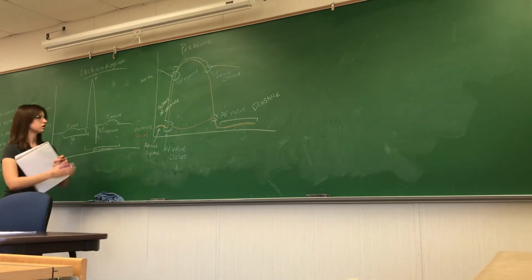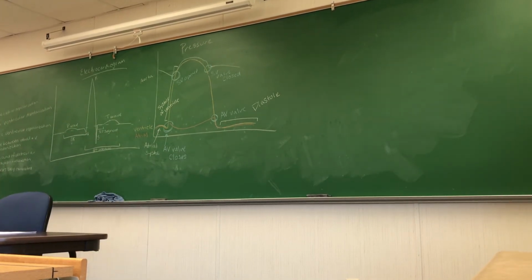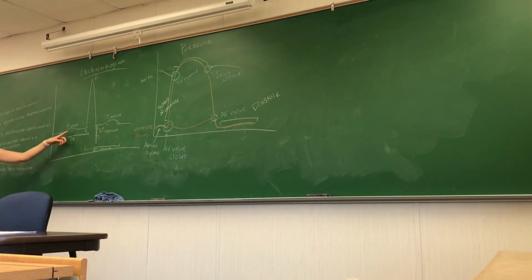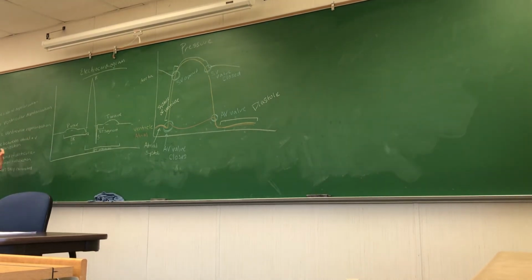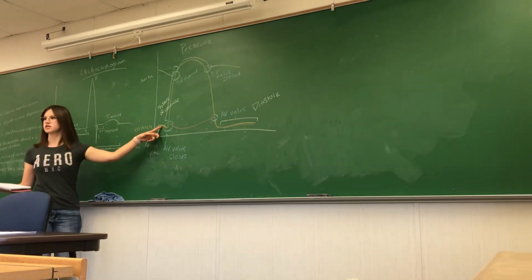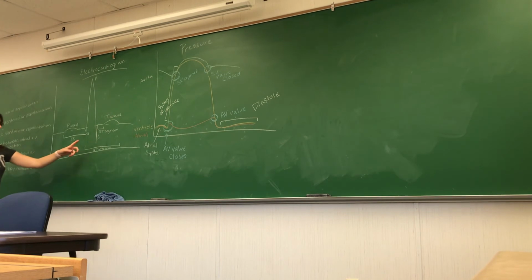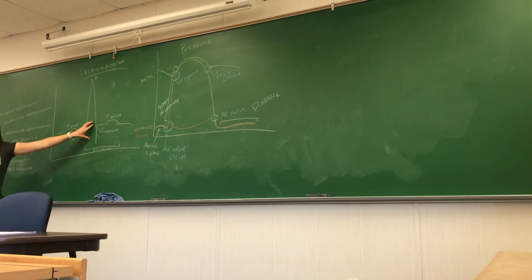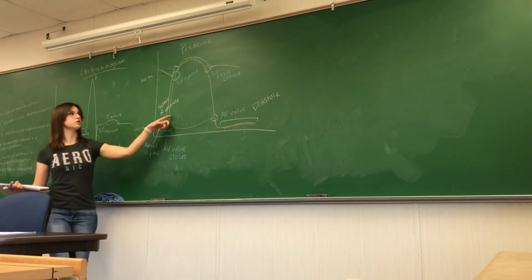And you can kind of see how the two graphs, when you look at them side by side, you can see how we're looking at the same thing, right? So the P wave is measuring the electrical impulse of the SA node contracting and the atrium contracting, right? SA node tells the atrium to contract, and you can see pressure goes up. And then the QRS complex means that the ventricle is depolarizing, means it's contracting, and you can see the pressure